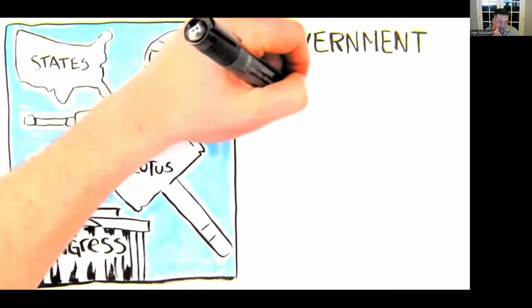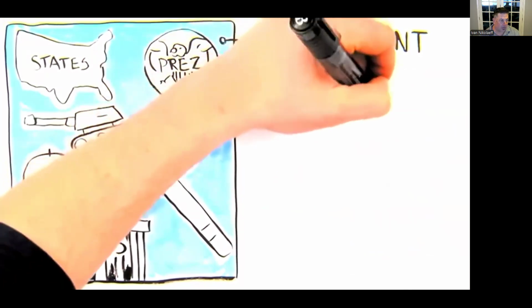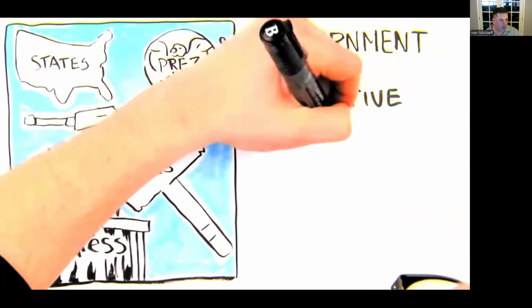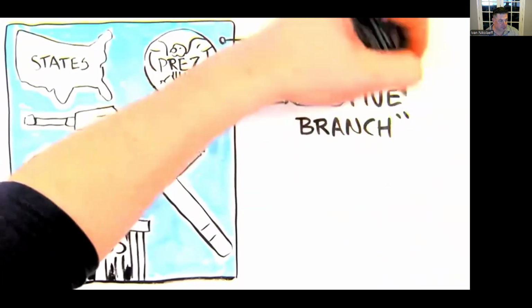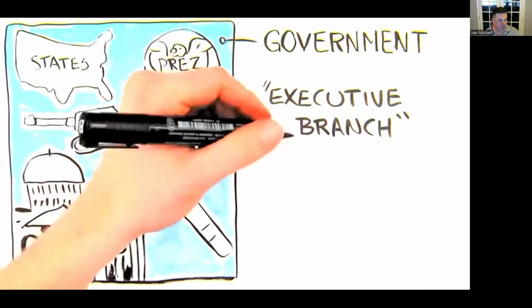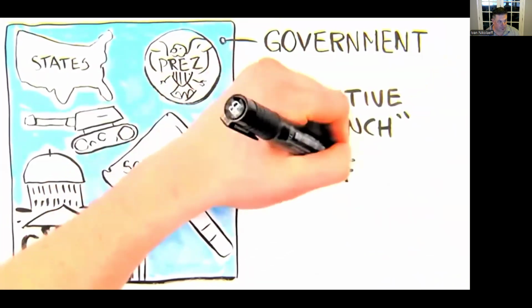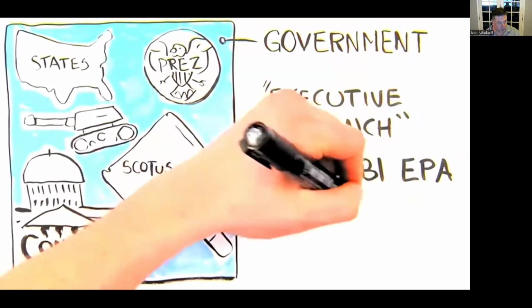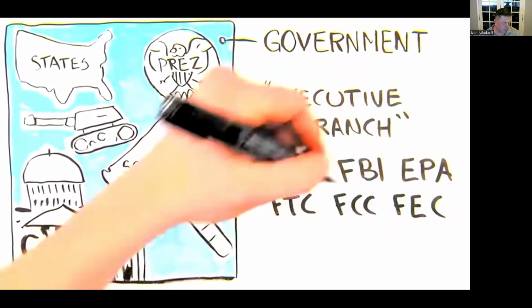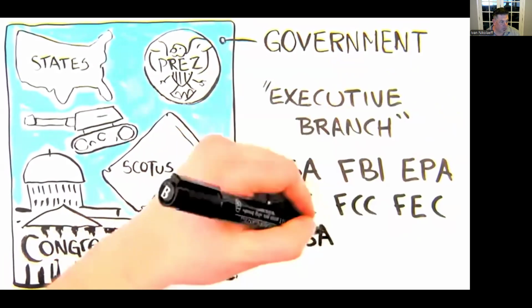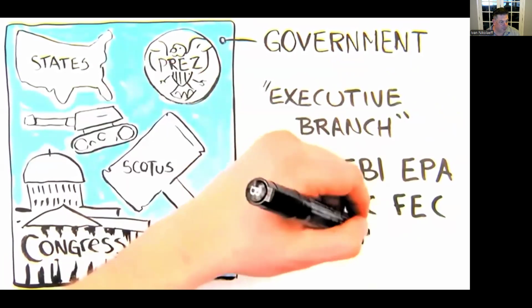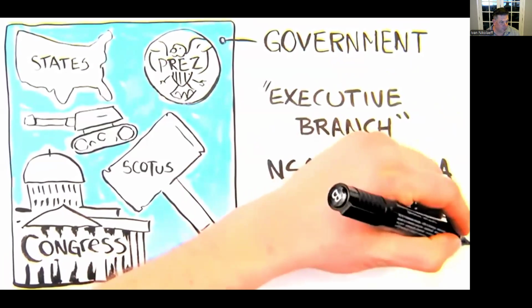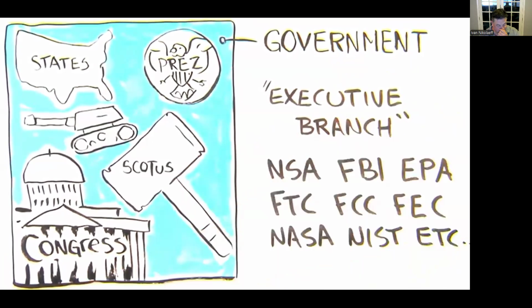Imagine that one of those things, either Congress or the president, decides to do something like building roads. Well, they're not going to pick up shovels and concrete themselves. They're also not going to hire and oversee the workers themselves. Instead, they'll create an agency to carry out their goal. Agencies are most of the things in the government whose name is a jumble of letters, like the NSA, the FBI, the EPA, NASA, FTC, ATF, DOJ, DOE, etc.